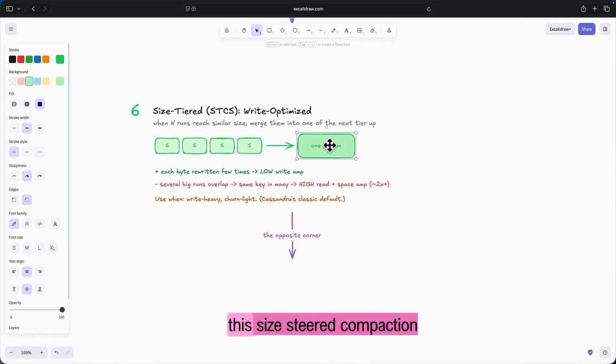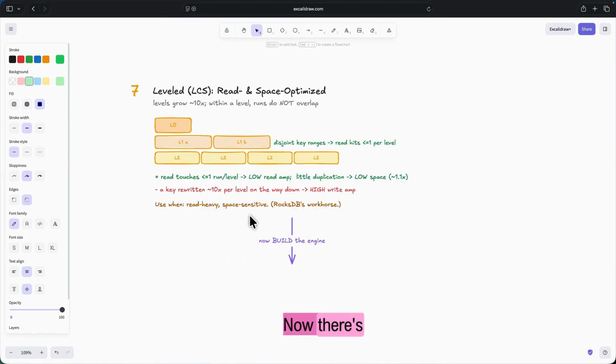So we can use the size tiered compaction strategy where we require cheaper writes, that is, in write heavy workloads, for example, Cassandra. Now, there's something known as the leveled compaction strategy, where we have different levels. In level 0, which is written directly from the memtable, we have overlapping key ranges. But in the further levels, we do not have these overlapping key ranges. We tidy them up and make sure that different SS tables in the higher layers do not have overlapping key